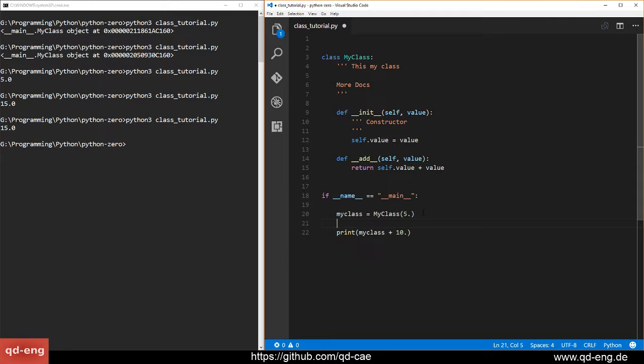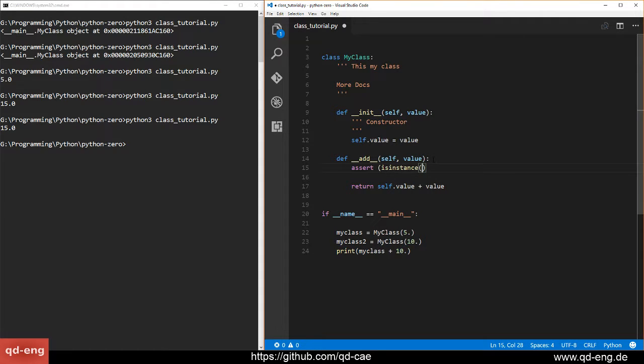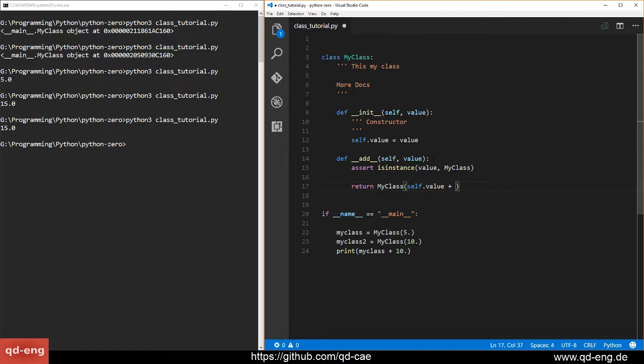And yeah, if you really want to do it clean, usually what you do is you only let this add operator, I don't know, we want to assert here that we're of the same instance. I don't think I need the brackets. That the value here is of instance my class 2, and then you can simply do something like return a new my class instance, which simply has as value self.value plus